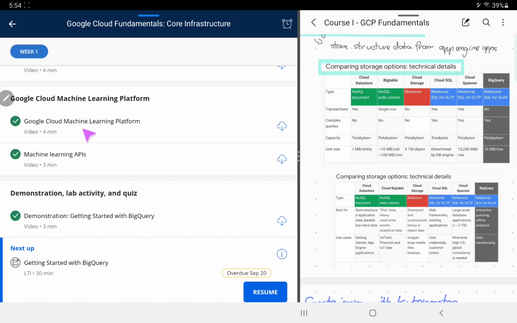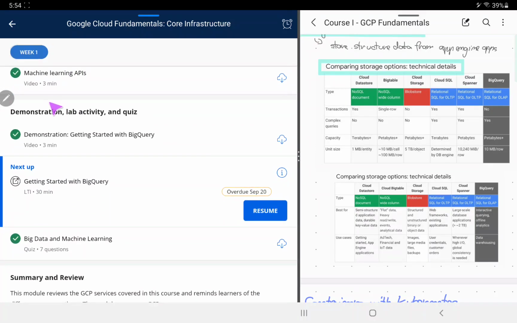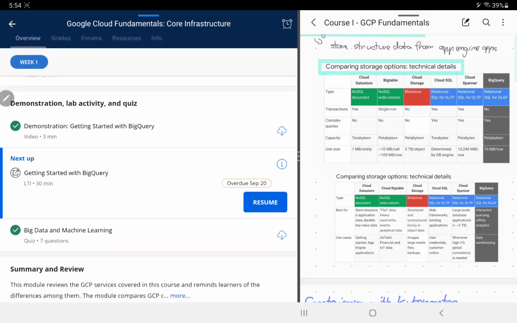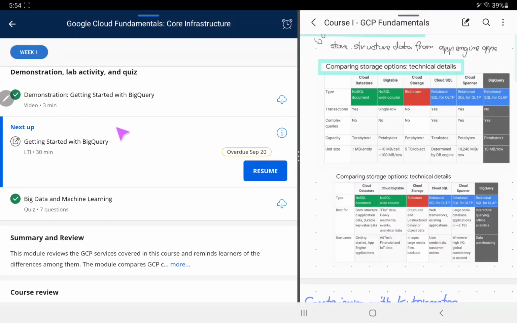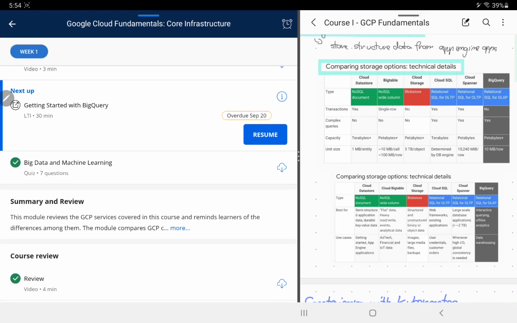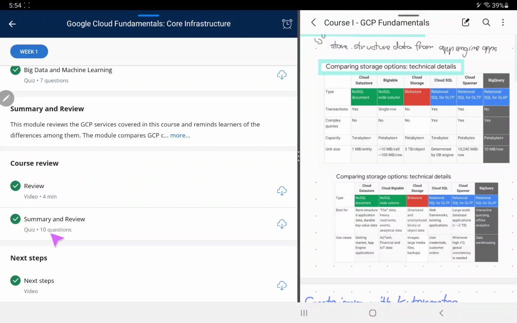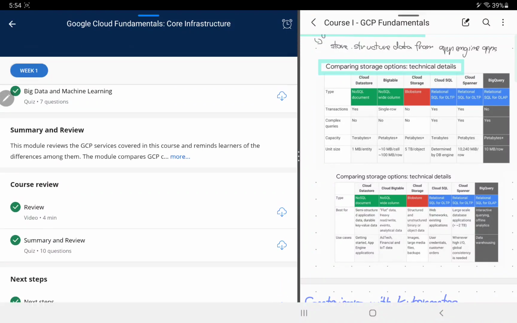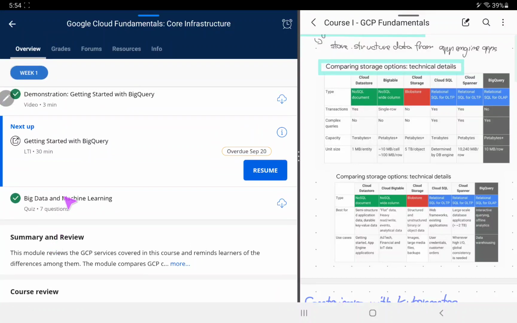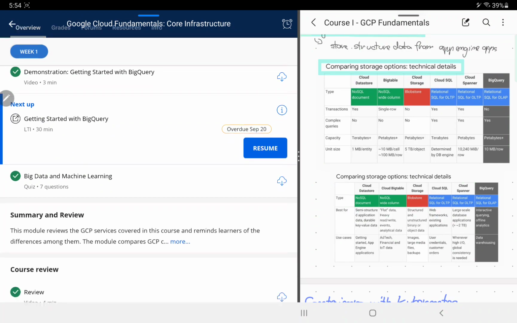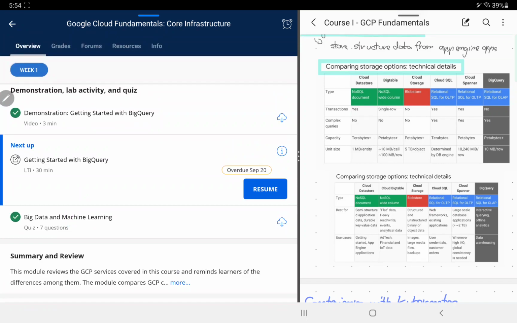Then you have the big data platform and the machine learning platform, and of course we all know about TensorFlow. They talk quite a bit about TensorFlow. This is my final assignment. Then we have the final videos and the next steps, where they recommend what to take depending on what you want to become. If you want to become a Google Cloud Security Engineer like myself, they suggest a different track. If you want to become a network engineer or a machine learning engineer, they suggest different tracks, of course via Coursera.